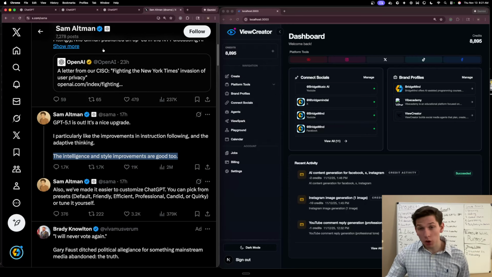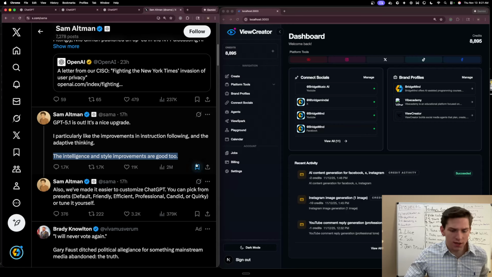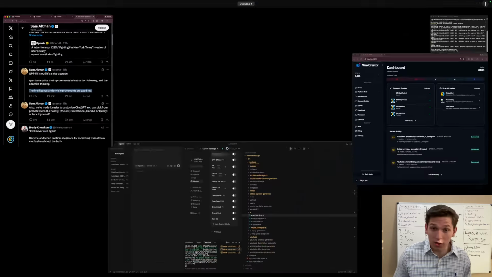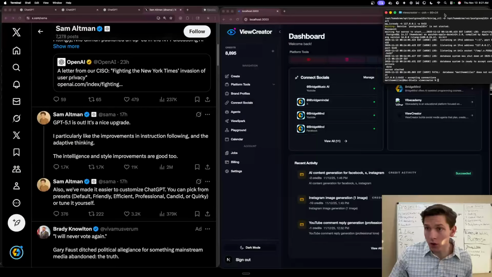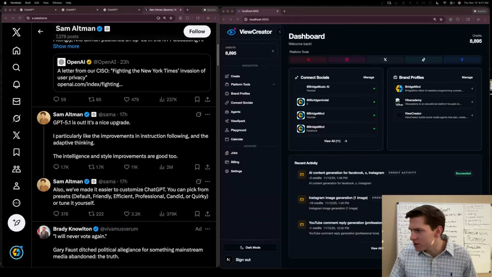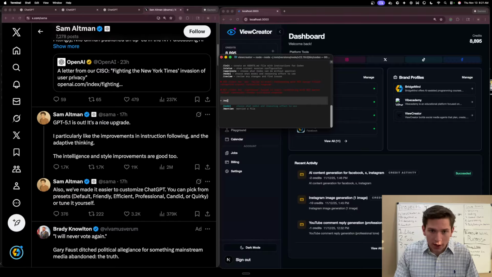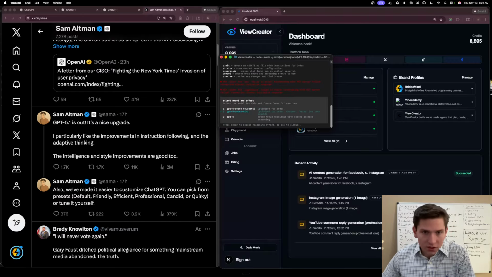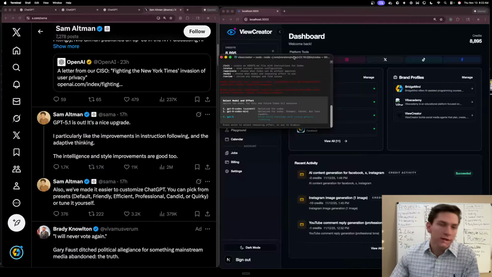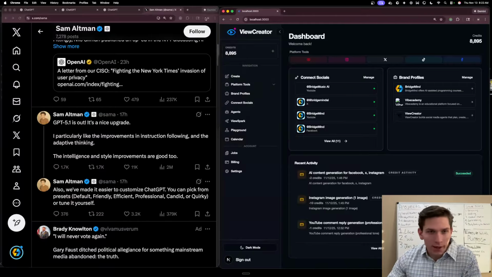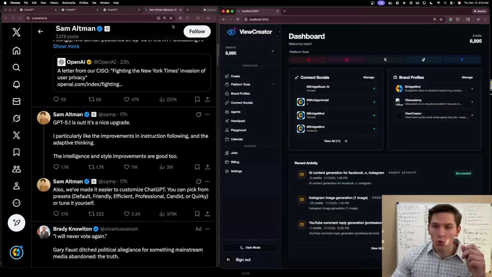But just to note, the reason that you're not seeing GPT 5.1 being used a ton right now by people online is mainly because, hey, it's not actually being offered in the API, which means that Cursor and Windsurf and all these other people, they're not even offering it. And even in Codex, it's not being offered. So you can see here GPT-5 Codex, GPT-5 Codex Mini, and then GPT-5. So currently, GPT 5.1 has not yet been integrated into the APIs,